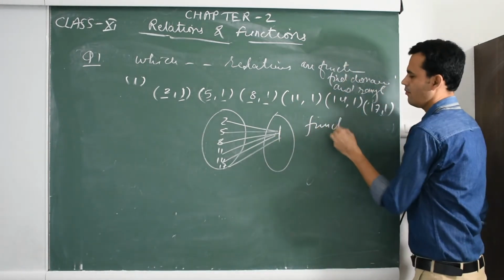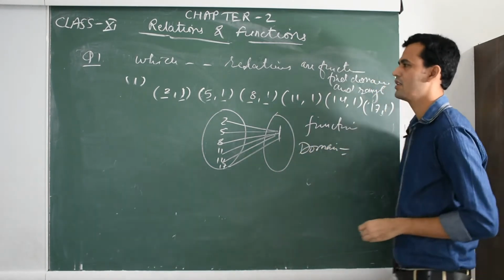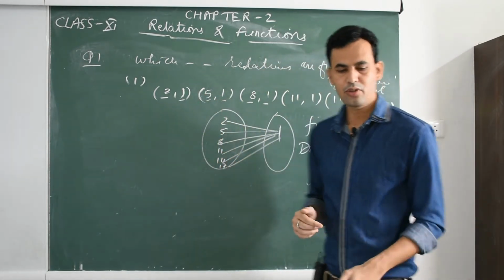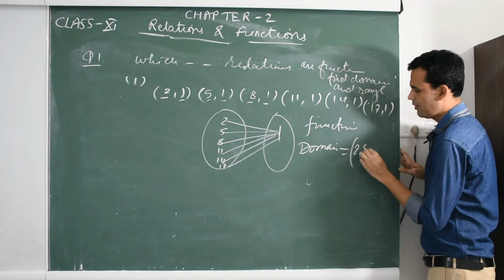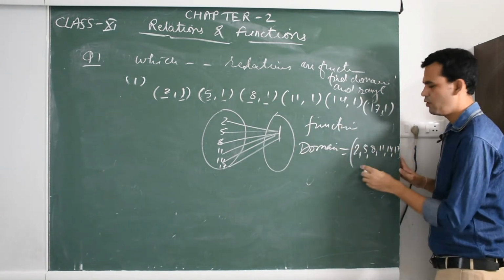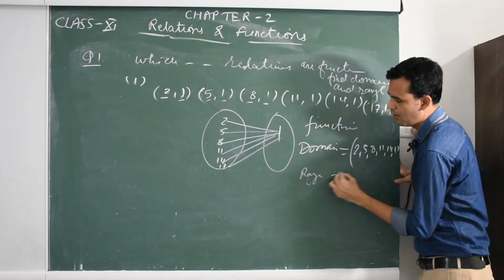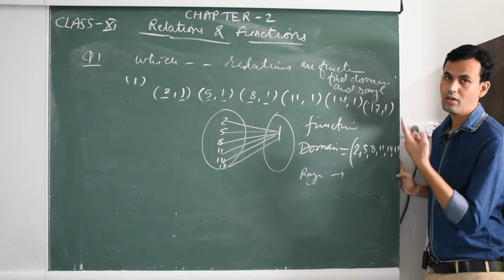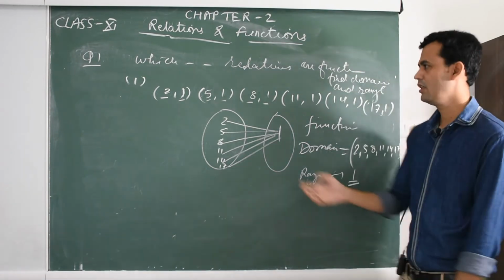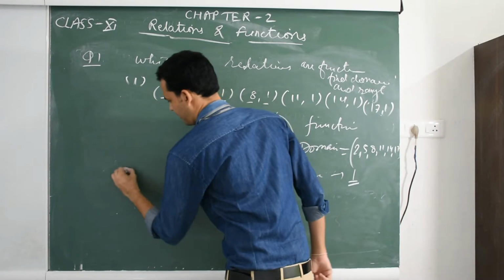Okay, it is a function, and the domain of this function is, domain means the first element of the ordered pair is called domain. So, the first elements of the ordered pairs are 2, 5, 8, 11, 14 and 17. So domain is 2, 5, 8, 11, 14, 17. And what is range? All the second elements of the ordered pairs are called range. So only 1 is the range, because only 1 is the second element of these ordered pairs. Now second